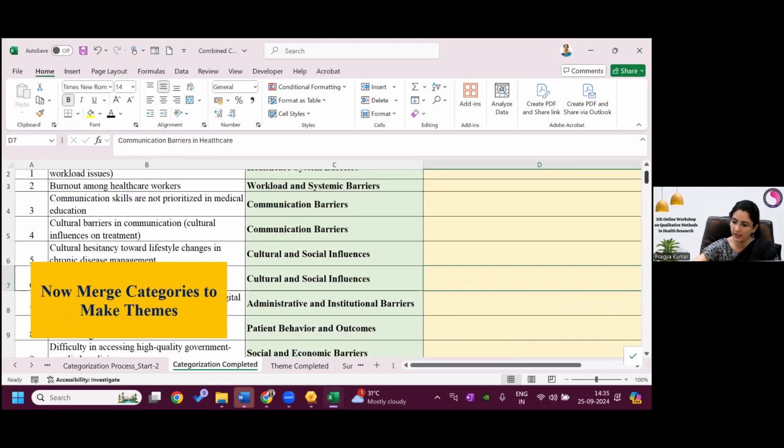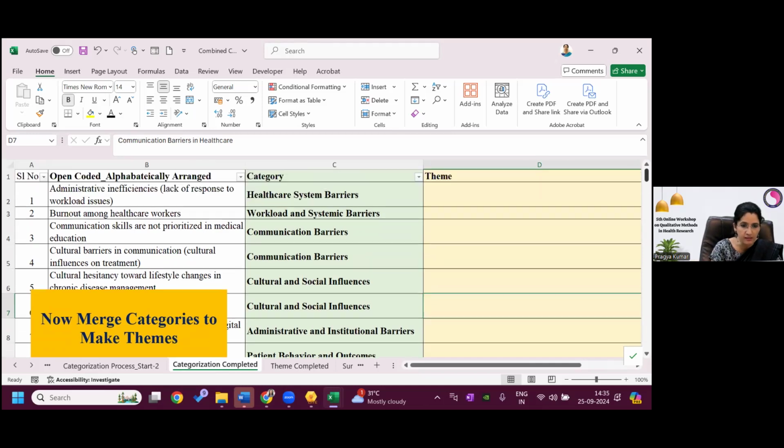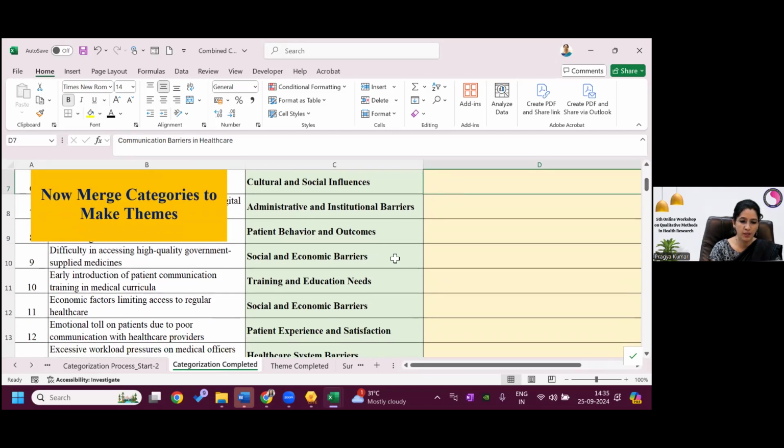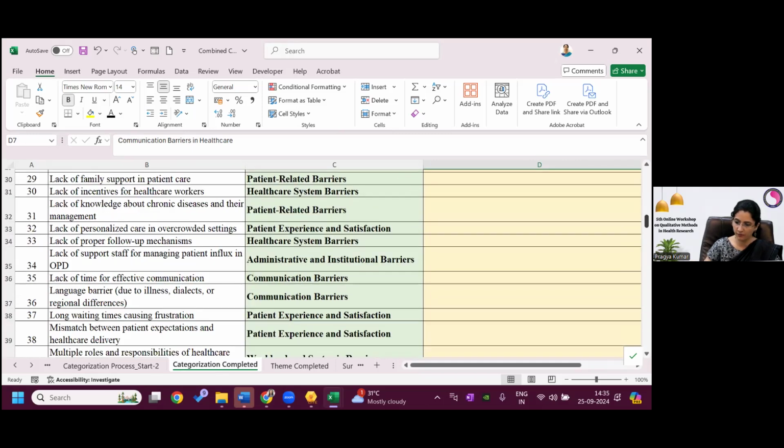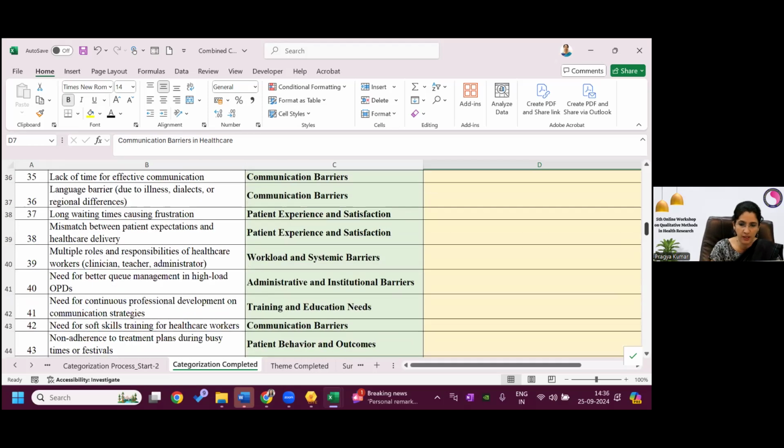If you see how many categories we have got, like 7 to 10 categories. Healthcare system barrier, communication barrier, cultural influences, social and economic barriers. These are getting repeated. So we have defined a total of 7 categories, and that is only on a smaller number of transcripts, but generally we say that you should not have many categories. In our transcript also there were 15 categories, which is again a good number of categories. And then we made 3 themes out of that.